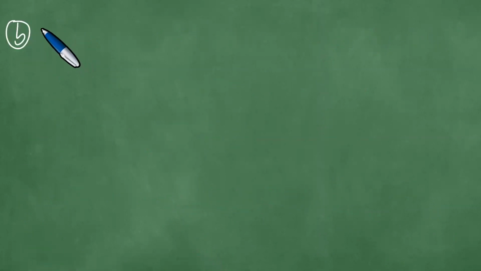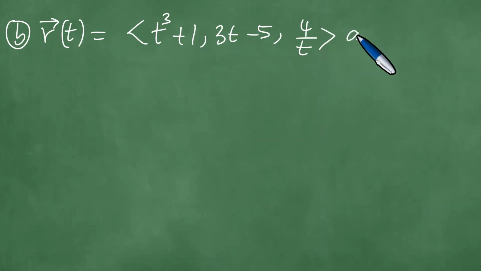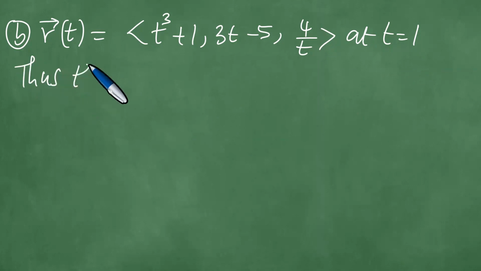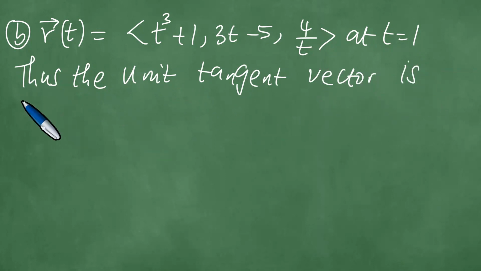Part B. r of t is t cubed plus 1, 3t minus 5, 4 over t at t equals 1. Okay, so now we can get the unit tangent vector, which is given by